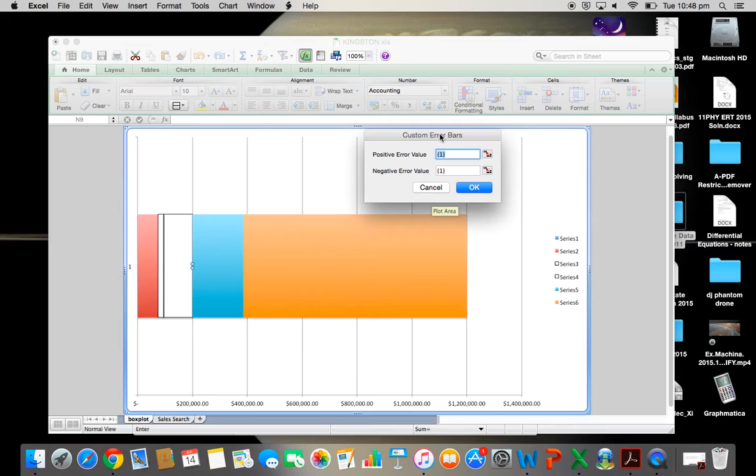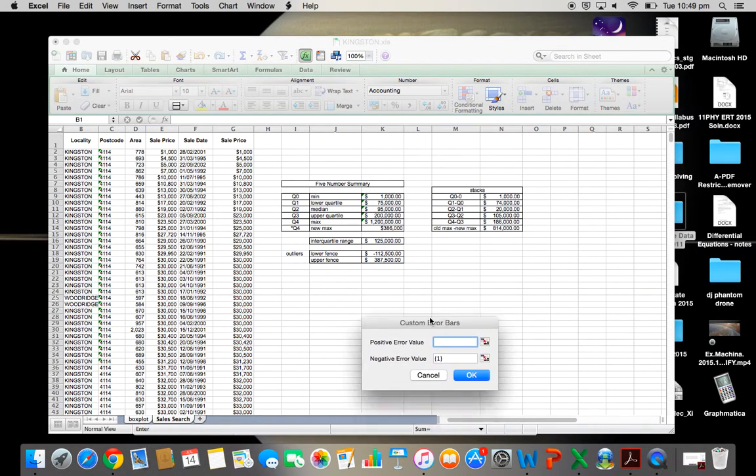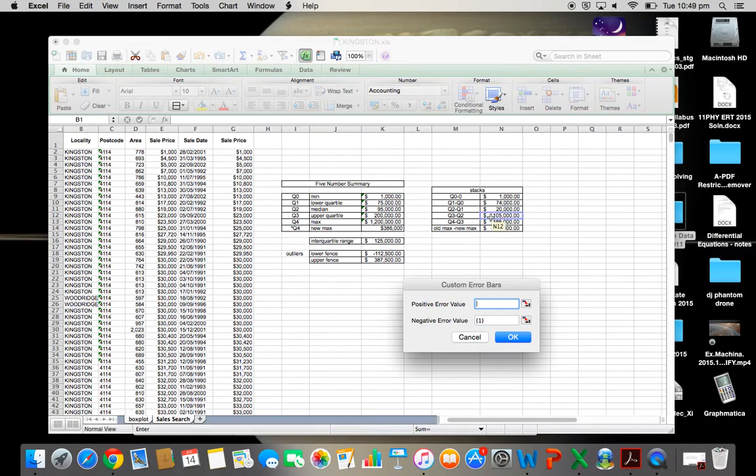So in here, we're doing a positive error bar. It's not really an error bar, by the way. We're just using the error bar idea to create a whisker. So in this context, it's not actually an error bar, but it's a useful tool for what we're doing anyway. Positive error value, so the value that goes in here is actually the distance from, remember, we're